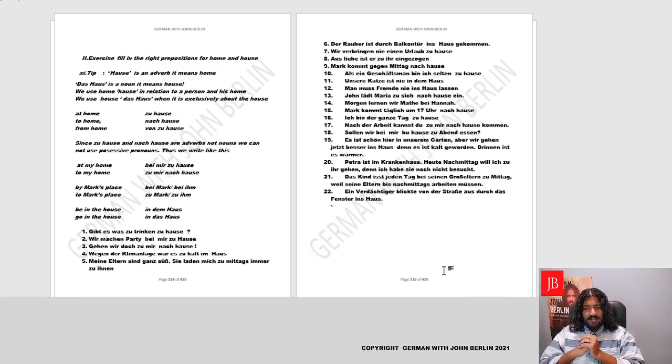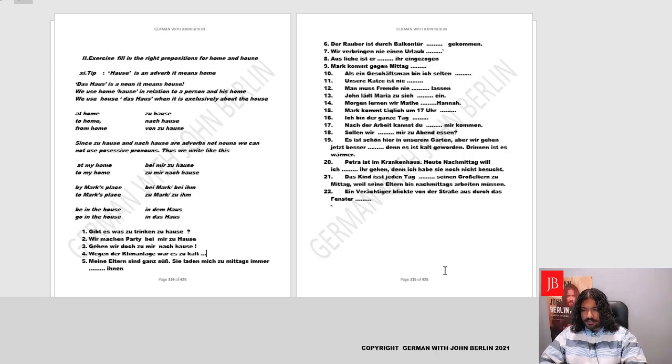Today we are picking up a very interesting exercise to practice prepositions. That is how to say in German home and house. What is the difference between home and house? Let's have a look. When you say house, it's just the structure, the brick, the walls, the complete structure. That's called das Haus. But when you say home, it's a place where you live, and it's not a noun. In German, it's an adverb. It means Hause. Yes? Genau, that's the adverb in German.